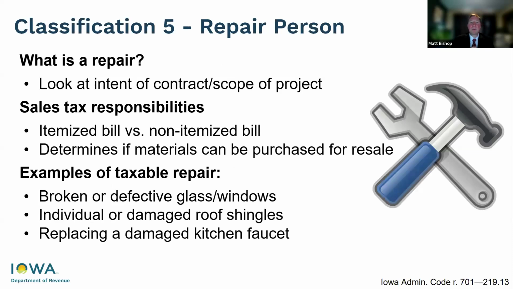Fifth category is as a repair person. You're not a contractor who does new construction. You're just doing those smaller repair jobs. Like I said, again, you'd have to look at your contracts and your business to decide how big your jobs are. If it's mostly repair, you can register as a repair person. At that point, you're charging sales tax to your customers. You're charging sales tax on those building supplies and your services if you're doing any sort of taxable service. And again, a lot of repair services are taxable.